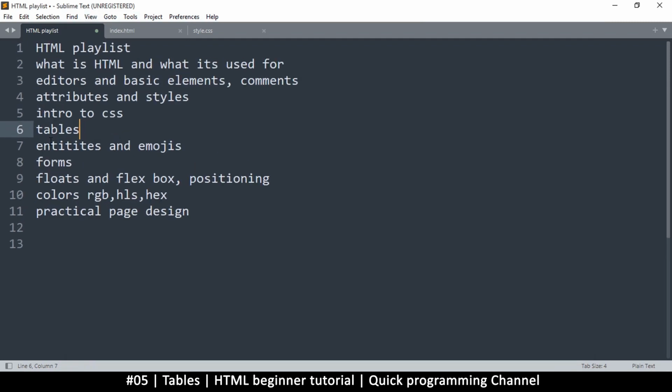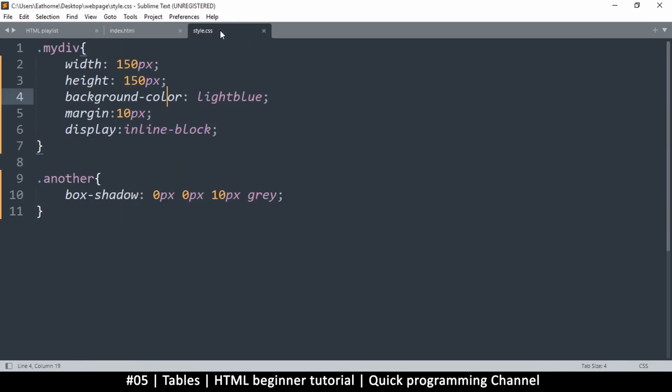In this episode, we're looking at tables. There are times when you want to create tables to display your information, and this is what we're going to learn right now. Now, in the previous tutorial, we had an external style sheet like this one, but we